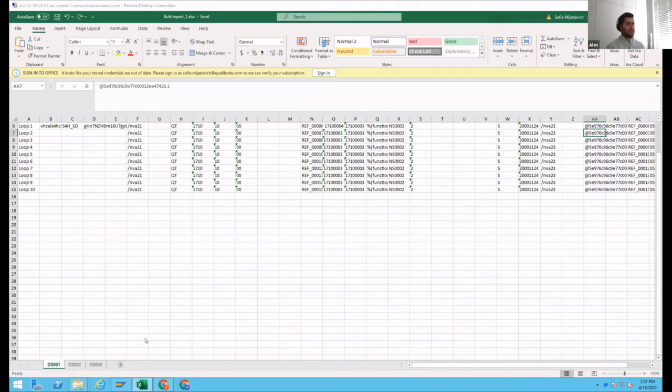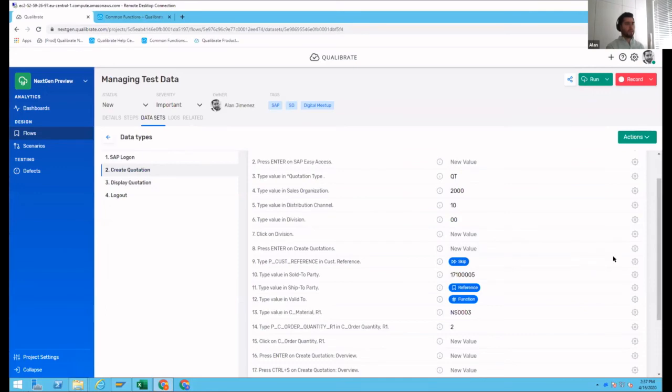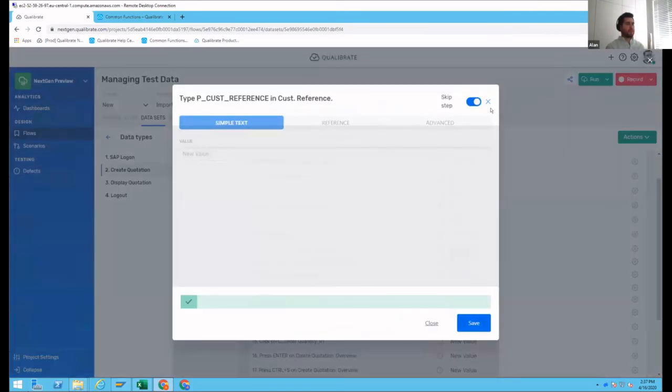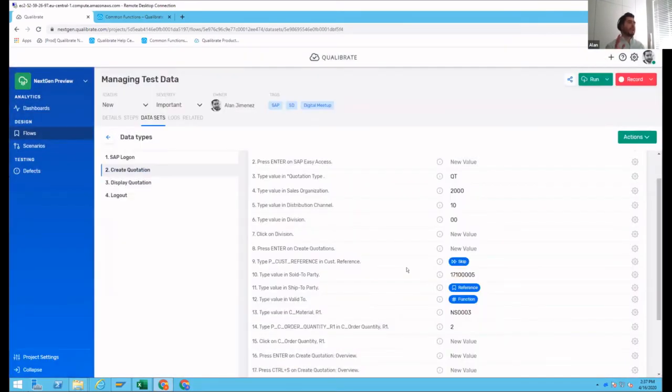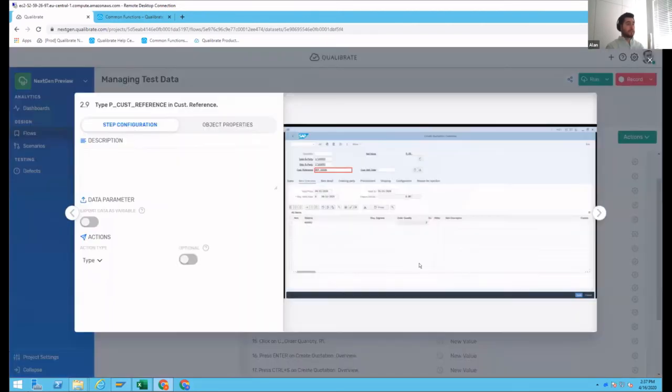There's another question, which is: is the mandatory option still available? Good question. Yes, it is still available. As much as we have the ability to skip steps at the dataset level, if you want to hard code the behavior of the optional step, you still have it at the step level. If I open the details of the step, you can see that we still have the optional step in here. So you can turn it on and off depending on your specific requirement.